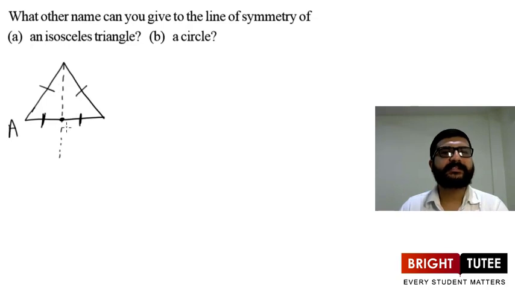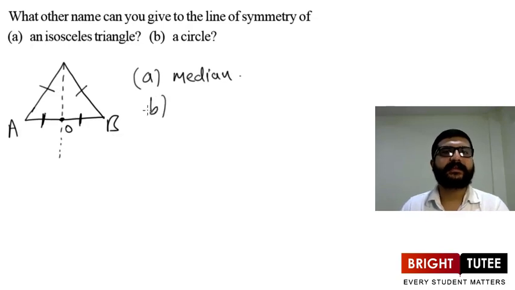So we will get this part equal to this part. That is, suppose we have this as A, this as O and this as B. Then we get AO is equal to BO. And we know a line segment from a vertex of a triangle to the opposite side, which divides the opposite side into two equal parts, or which bisects the opposite side, is known as a median. So therefore, for part A, the answer will be median.